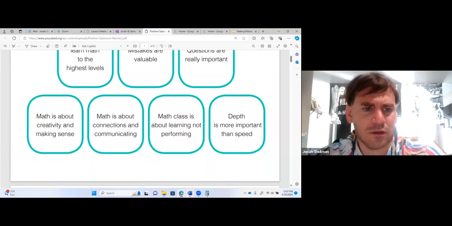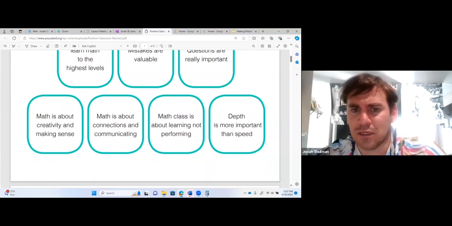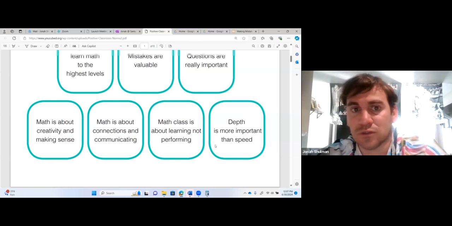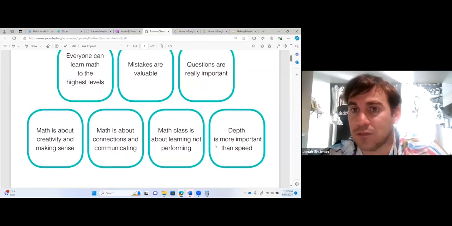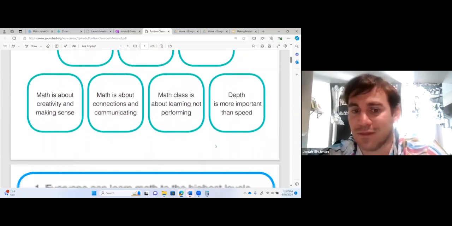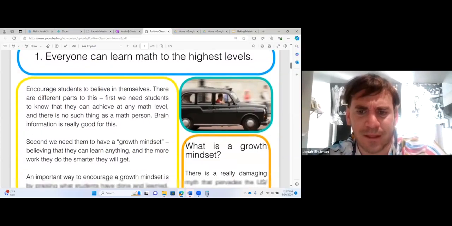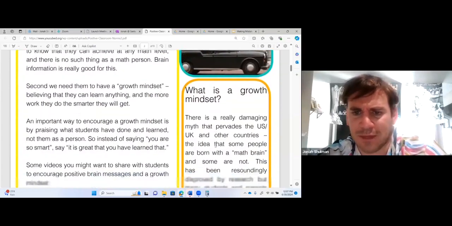Questions are important. Math is about creativity and making sense. Math is about connections and communicating. Math class is about learning, not performing. And depth is more important than speed. So these are really good pieces to keep in mind when you're trying to set up your classroom, things to think about. So this is a growth mindset for mathematics